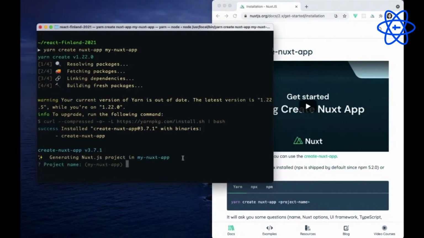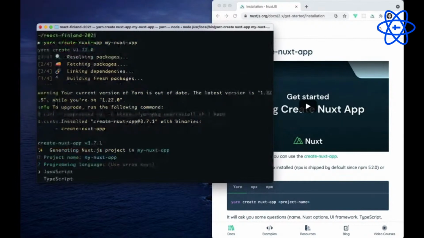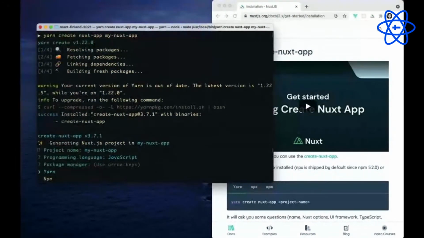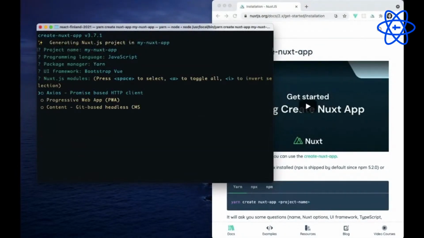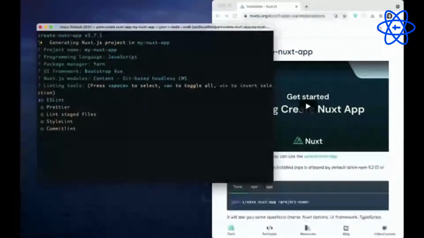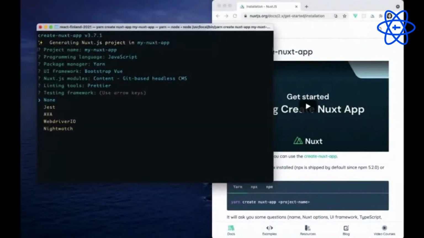Running this command will ask you a series of questions such as project name, programming language, package manager, and for the UI framework, we will go with Bootstrap Vue. And for the Nuxt.js module, we will go with the content module because it is our Git-based headless CMS. And for the linting tool, let's go with Prettier, testing framework none, and rendering mode.